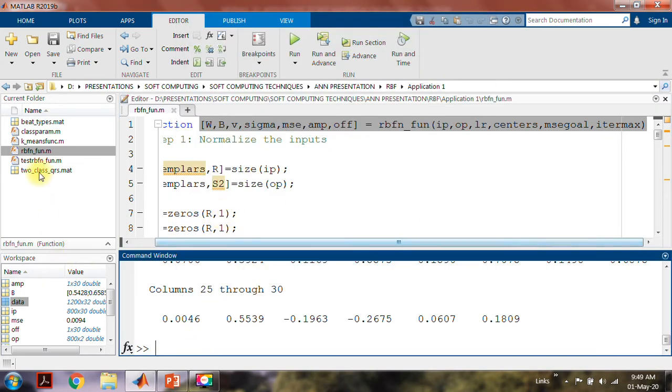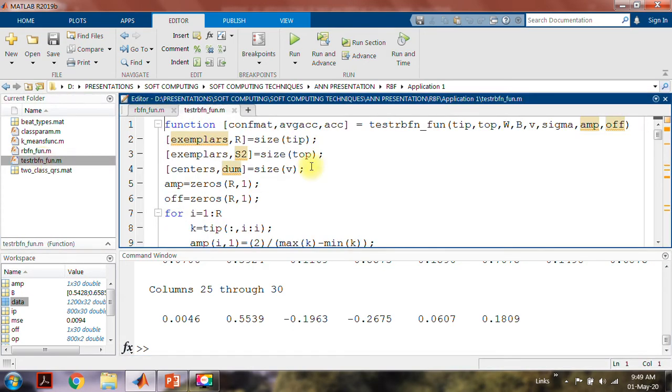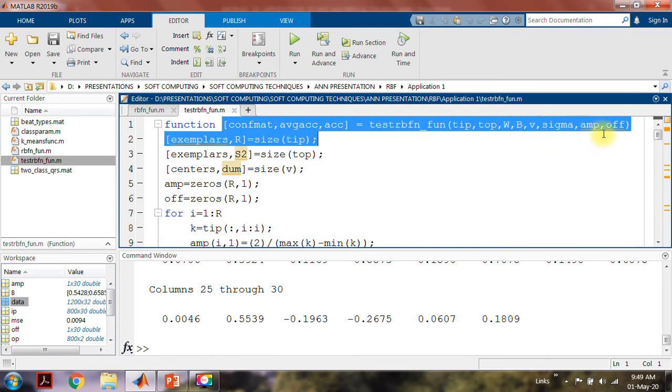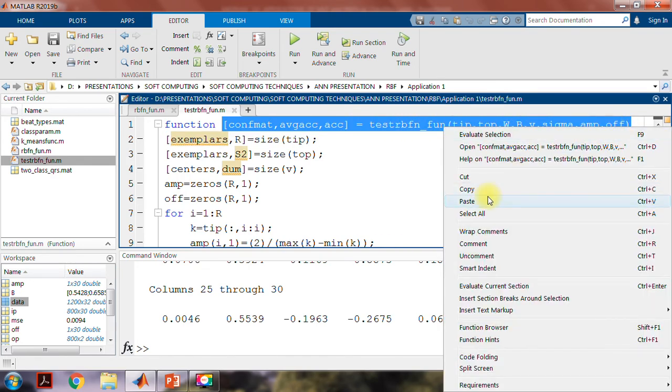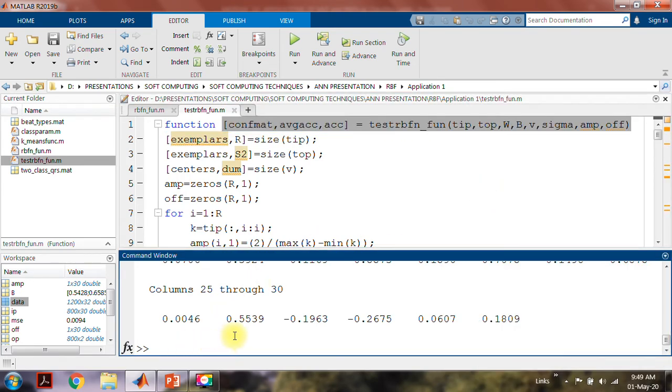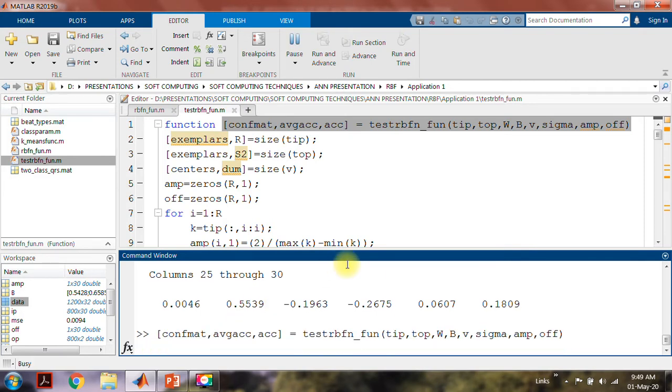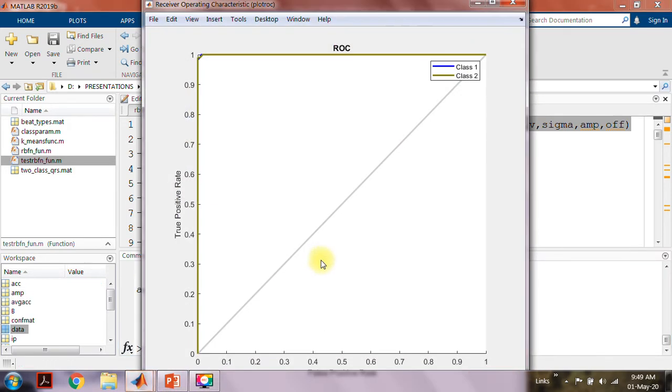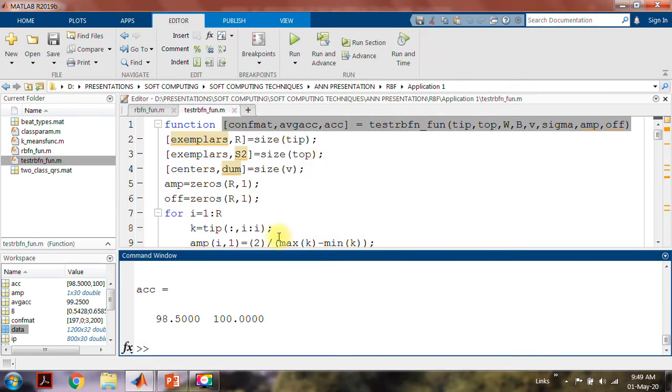Anyways, for that we have to use the test function. So I'll just copy this and paste it here. So if I run this, you'll see that actually it is performing in a very nice way. The area under ROC happens to be nearly equal to 1, and let us see what is the confusion matrix.